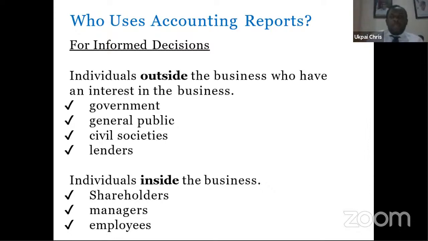Government is interested in your business because they want to know how much you have earned as income, so that they will know how to tax you and get back their own part of the money, because you have to pay your tax. That's why government is interested in your business. There's no other reason government is interested in your business, if not to get back the tax. Am I communicating? Anytime government is interested, they actually want to know whether your business is doing well. If your business is doing well, they will know how they will tax your business.